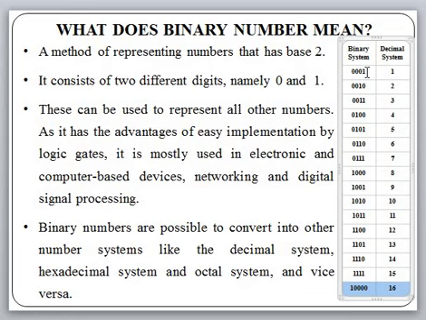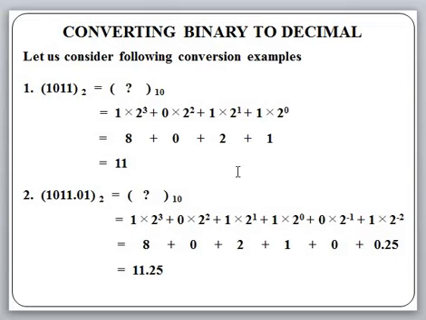If I mention a binary number, how to convert it into the decimal number system is what I am interested in. So we'll see how to convert binary to decimal. Let us consider the following example. Initially I am going to consider 1011, which is given in binary. You can observe there are 4 digits in binary. The first digit is 1, the second digit is 0, then the other 2 digits are 1 and 1. For this binary number, I have to obtain its equivalent in decimal.